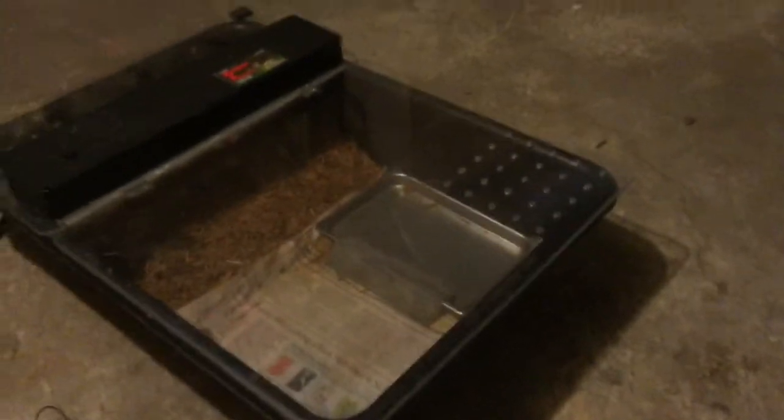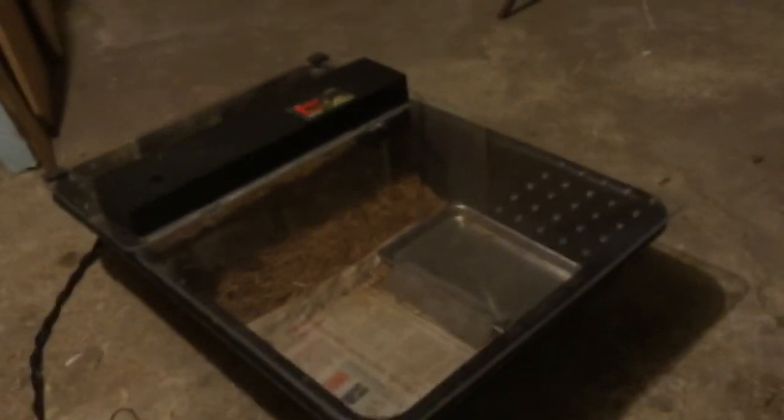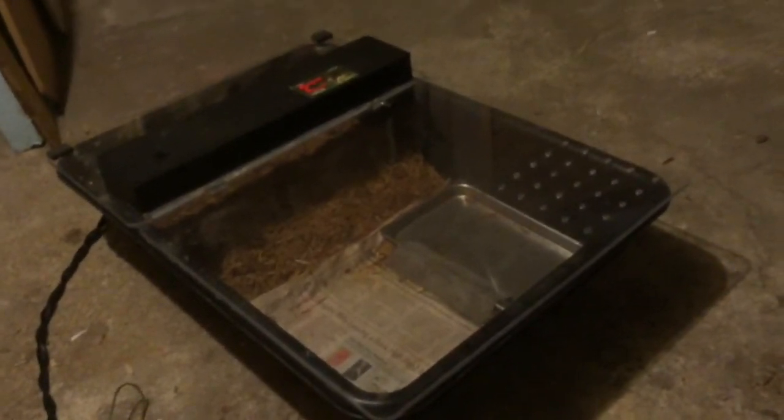But that's really about it. Very simple, very cheap. The plexiglass and the bulb are probably the most expensive items. And again, it doesn't have to look just like this. It can be something similar, function the same. You want to just keep humidity up